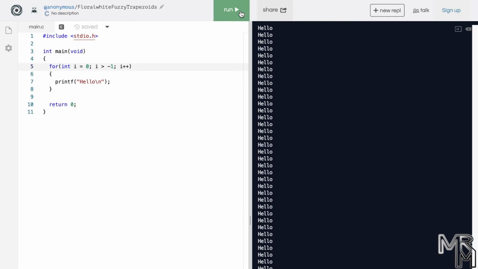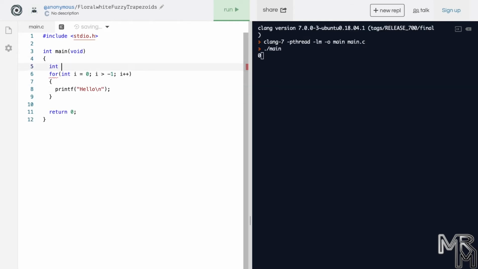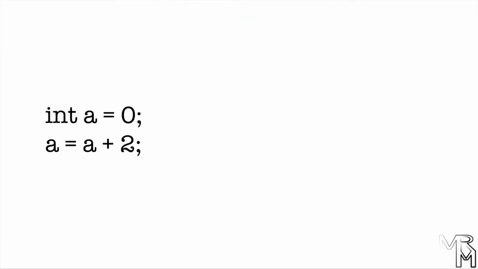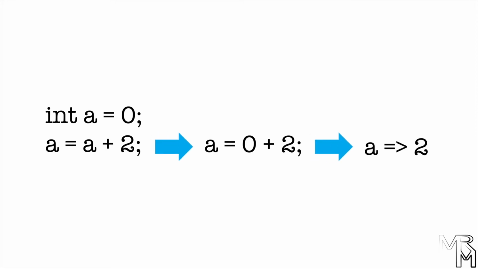What else can we do inside a loop? We can increase a number by another number several times, like this. What this program does is it adds 2 to the variable a 10 times and then prints the result of addition. This part might be a little confusing, especially if you view it as a mathematical equation. In programming, however, this means that the computer must get the value stored in the variable a, increase it by 2, and store the result in the variable a, overriding the old value of the variable a.